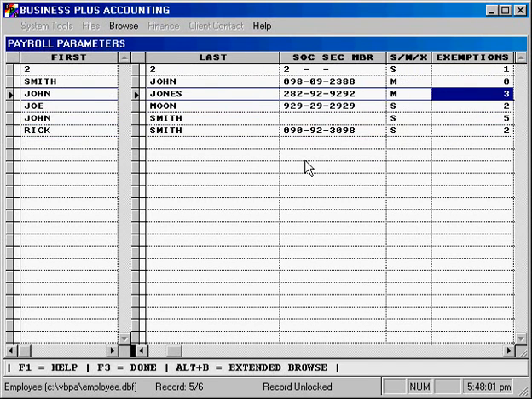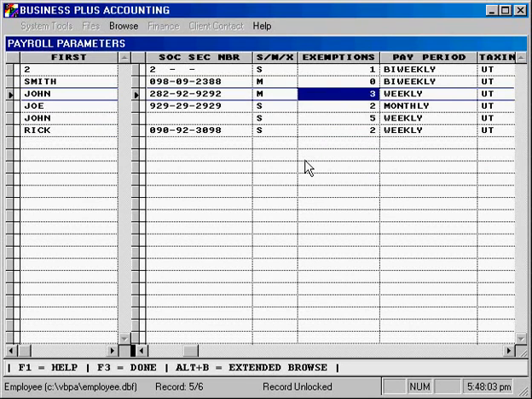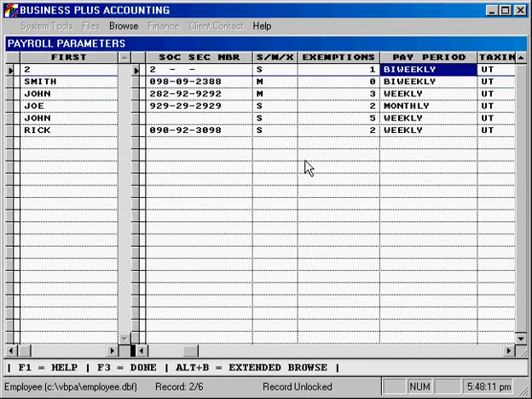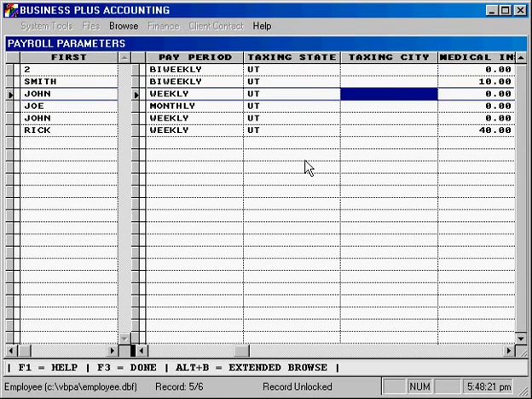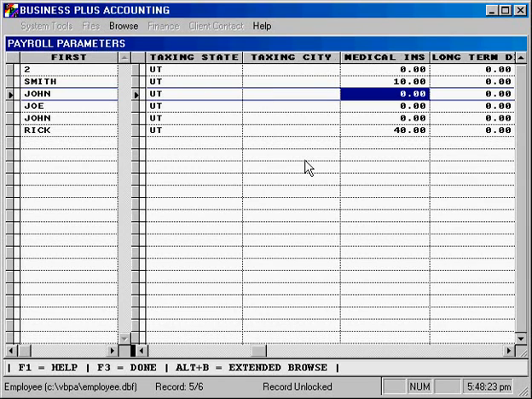This includes Social Security number, their tax filing status. Much of this information can also be defined in the employee definition screen. Their exemptions, their pay period. The government has defined certain standard pay periods that you can enter here, from bi-weekly to annually, and you'll specify the appropriate value there. You can specify their taxing state, taxing city, as well as some of the other options,